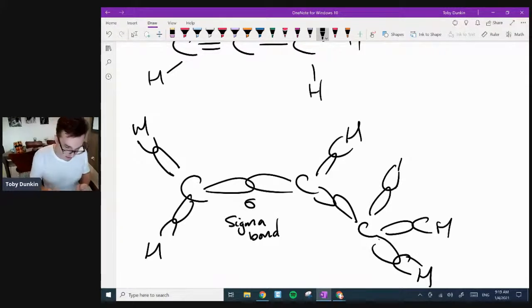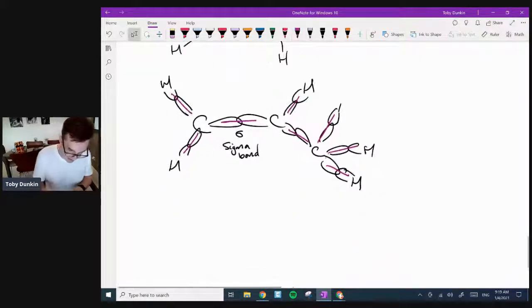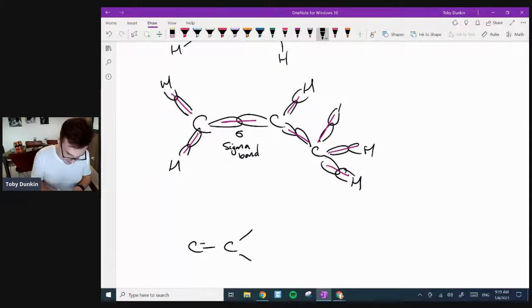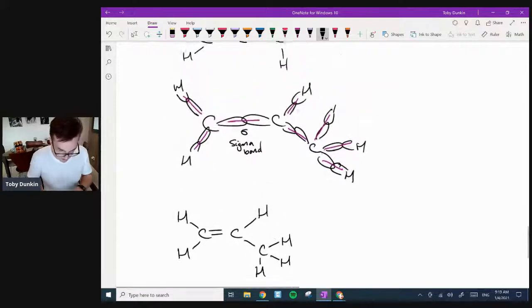Right, where does the pi bond come in? Because these here represent the single bonds. Here are the single bonds that we're seeing in our molecule. I'm going to translate that out into this stick diagram here. Because it had a double bond, we're seeing the single bonds here, guys. And the CH3 down here has also got a tetrahedral shape. There we go, so that's what I've drawn here.